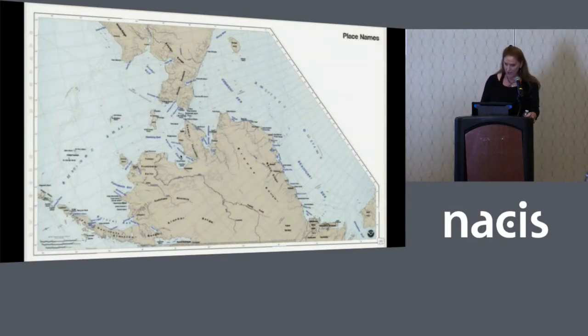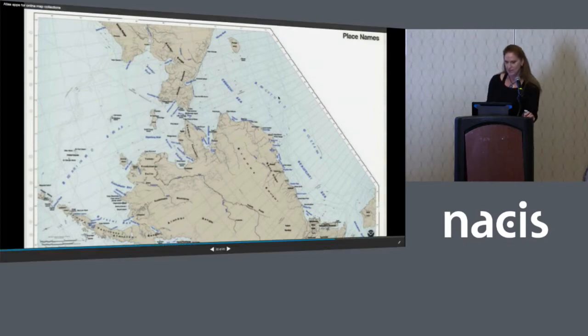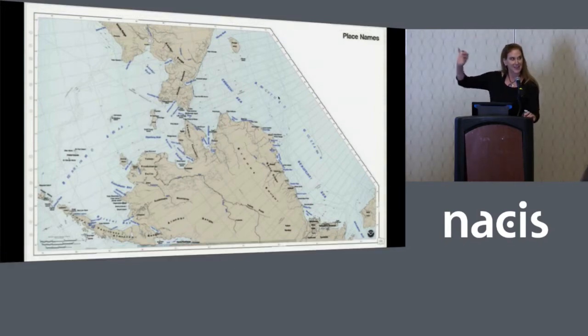I will point out one thing in creating this place names map. This atlas was created in the 70s. So when I went to just digitize the names, I think these were rub-on letters. Anybody know about rub-on letters? Well, I think they were rub-on letters because they're not even equally spaced within a name. If you look over here, I can get the first letter of Arctic and the last letter of ocean, but I can't get anything to line up in between. So these will not complete, and I was not going to go in and move every single piece of text. I just thought that's not important